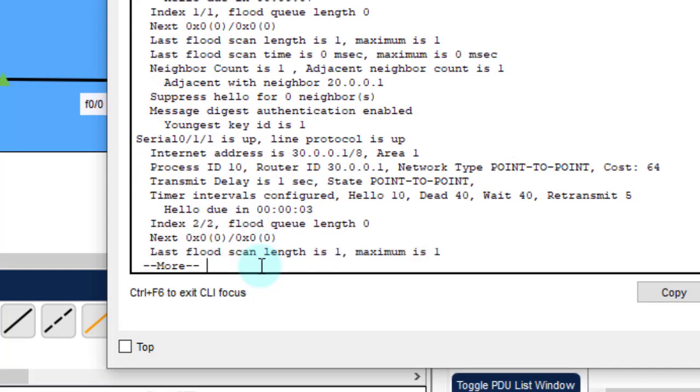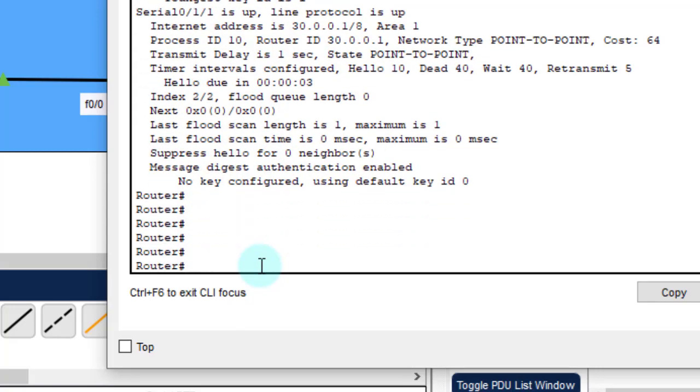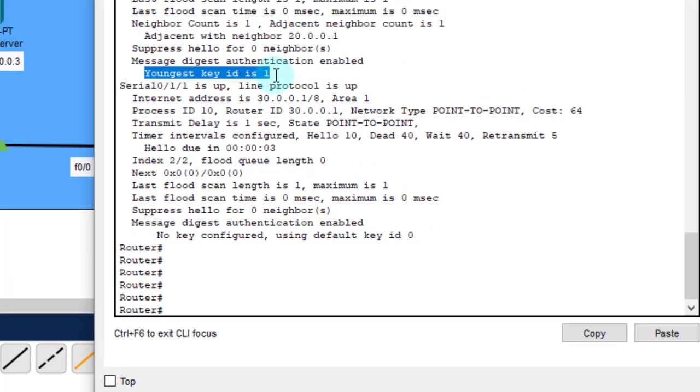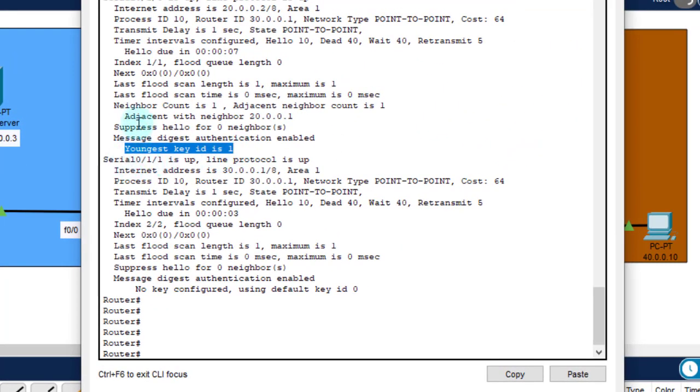Just press enter. As we can see here, the youngest key ID is 1, which is applied on the interface, and we have the interface 20.0.0.1. This is the actual output.